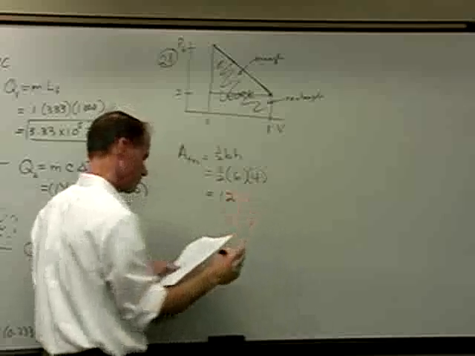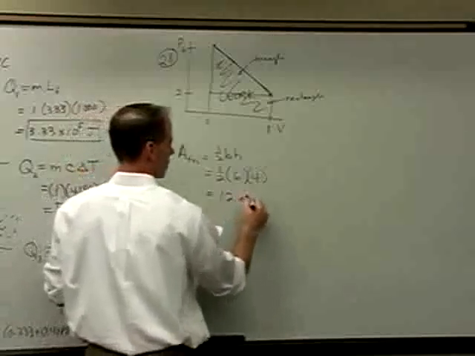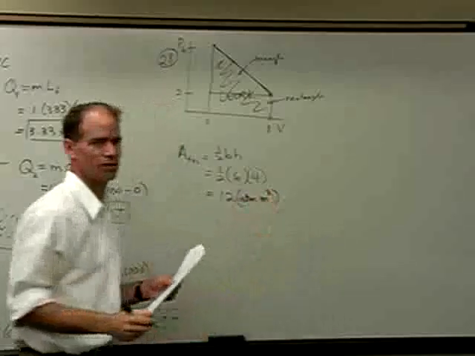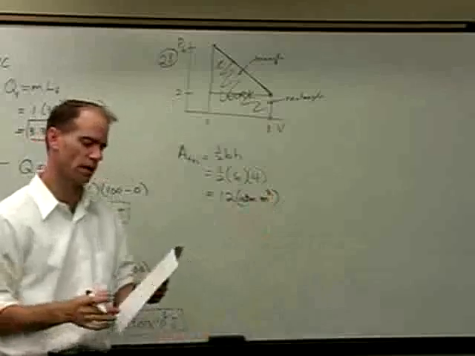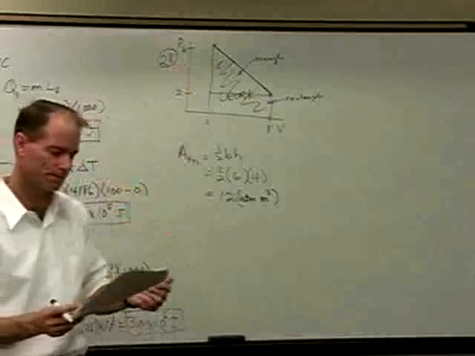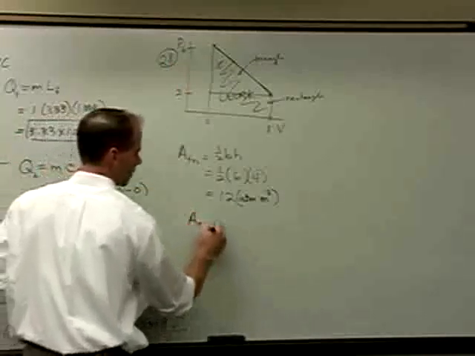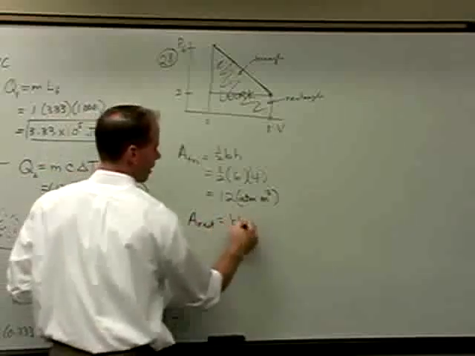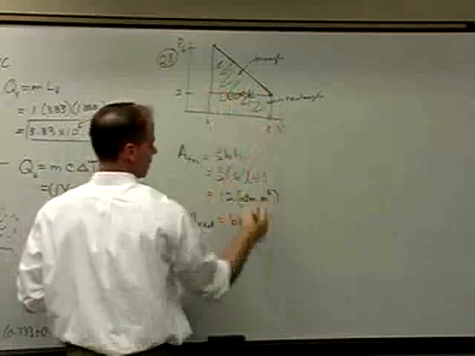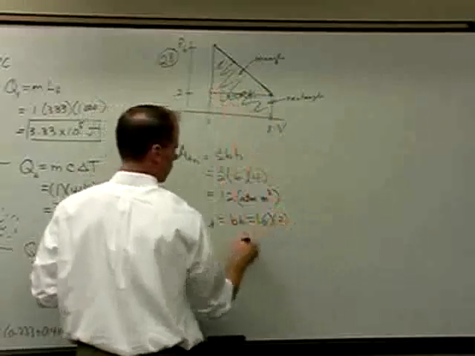And the units of this will be atmospheres meters cubed. Deal with that later in a moment. But we have 12 for the area of that triangle, 12 atmospheres meters cubed. The area of the rectangle would just be the base times the height. That's the area of this right here. That's going to be 6 times 2, or 12